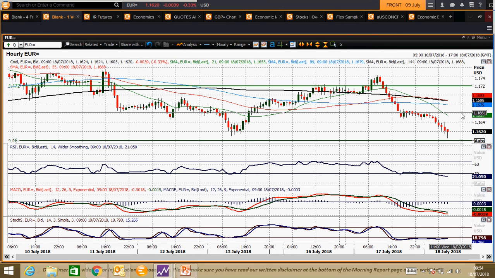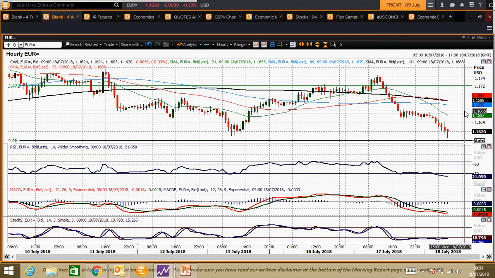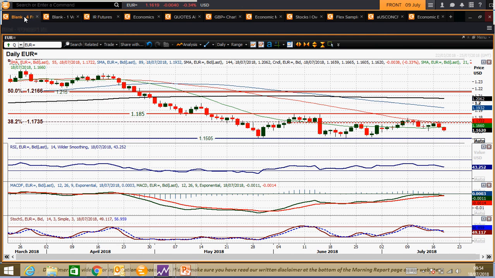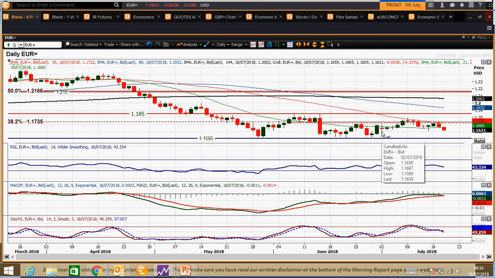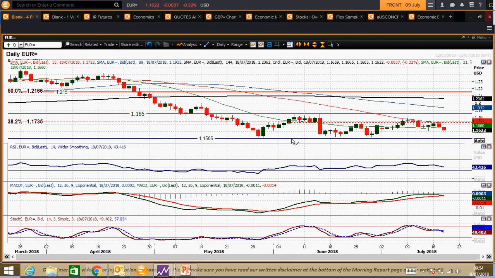You've got the resistance around that 1665 area overnight, and it's all edging towards that downside break, but we haven't decisively seen it yet. But tonight, if we do see a closing break of 1610, then you're looking at a downside. 1590 is a little reaction low that we saw at the beginning of July, but basically the 15 big figure comes back into play then.